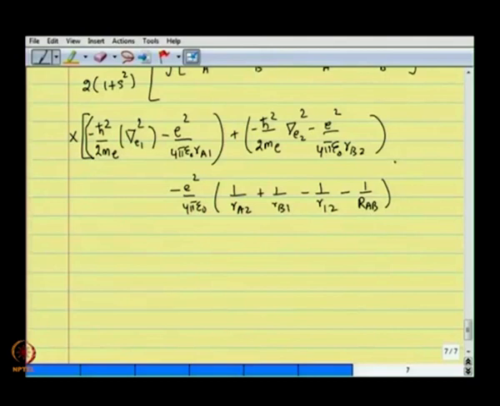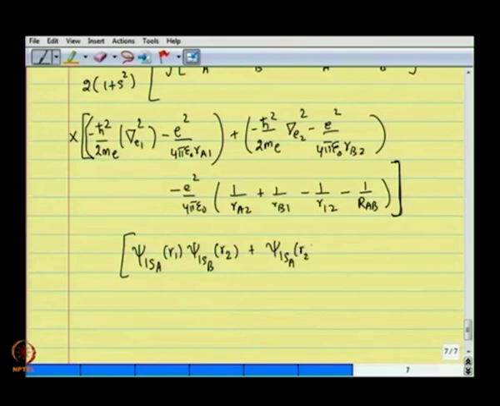All of this as a Hamiltonian acting on the wave function on the right, which is psi 1s A of 1, psi 1s B of 2 plus psi 1s A of 2, psi 1s B of 1,